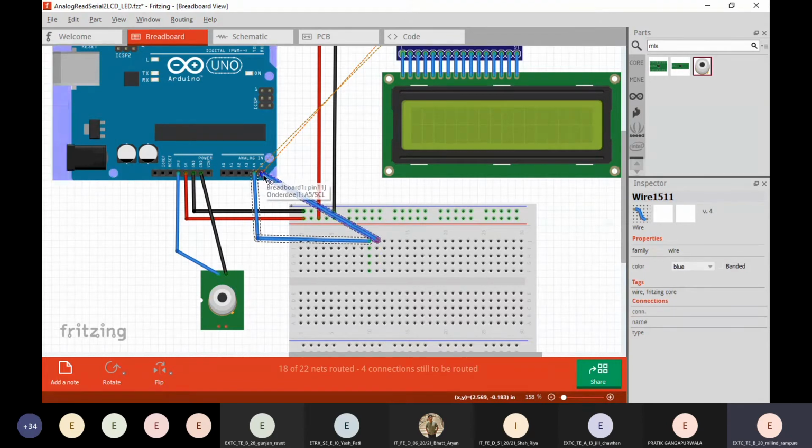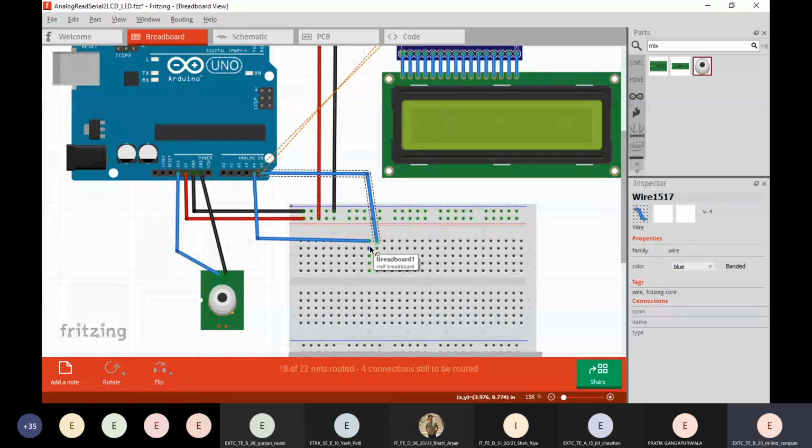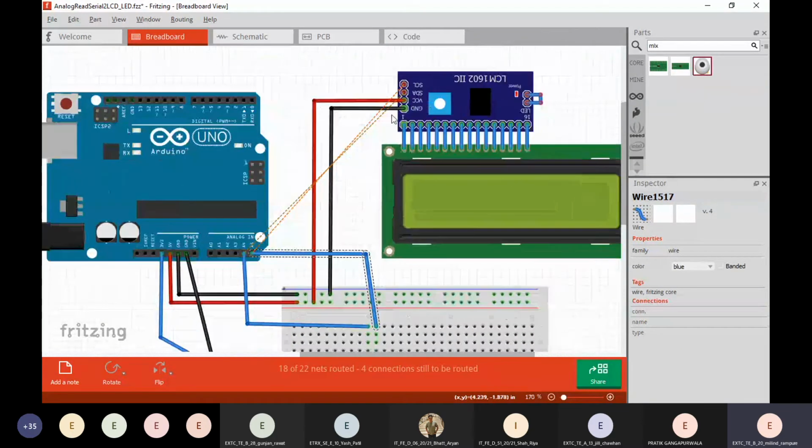And this to the A5. Now in the breadboard, you might know that connecting this wire, the vertical lines are all connected together. So you can connect multiple sensors over here. So now I'll do that.